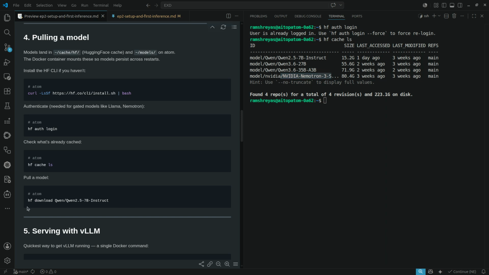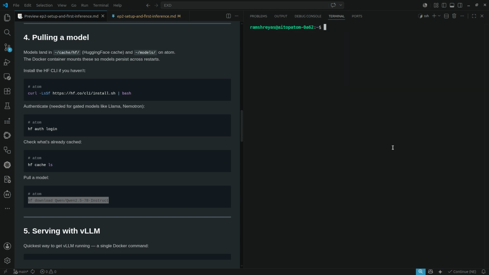And the way you download these models is quite simple. If you have the HF CLI, you basically just use the Hugging Face model name and you can quickly download the models onto the system. So this is just the simple way in which we get models onto our system. Once you download the parameters,